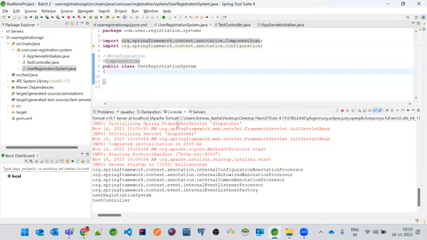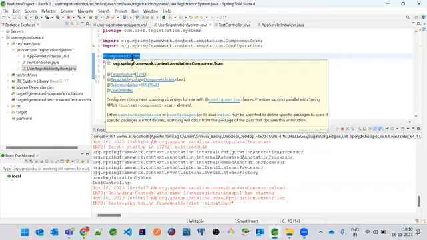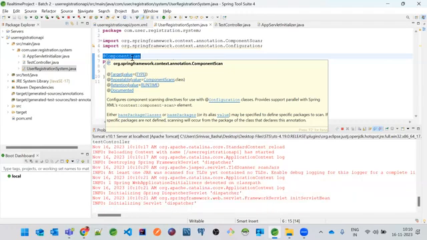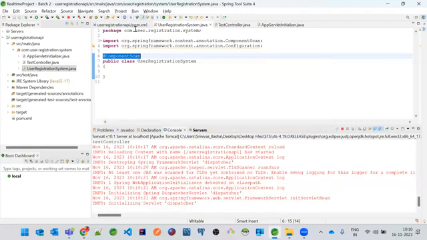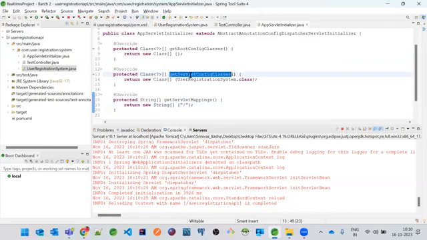So @Configuration is optional for the web application. It is not required. Only @ComponentScan will work. This component scan is scanning our controller to create an object. That's the reason, because a controller is also like a servlet, right? Which has endpoints.